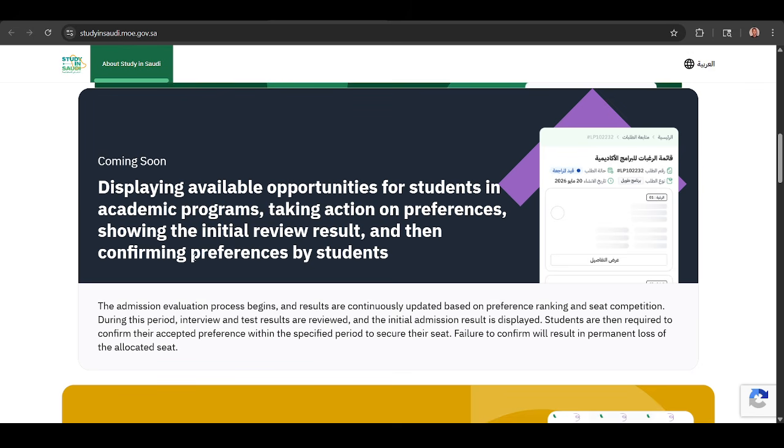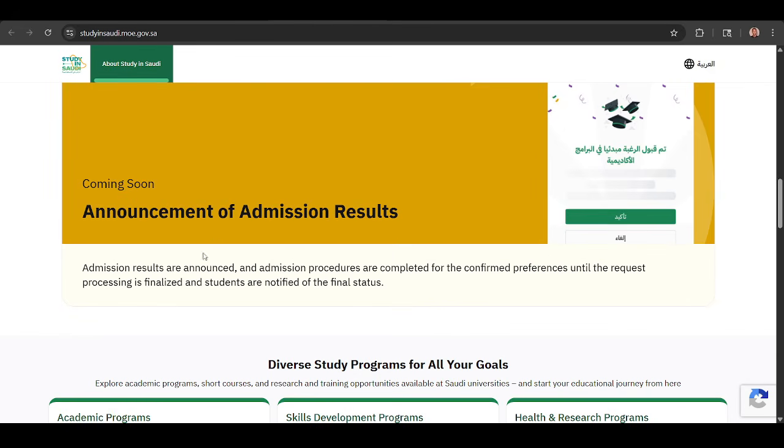Before that, displaying available options. Once the application is open, there will be a lot of programs. Some will be available while some will not be available, but will be available in some upcoming months. You are to locate which program you are interested in. After you see the program you are interested in, then you apply for it. After that, announcement of admission and results. Those who apply, qualify and get the acceptance will get the results through their email. Make sure you don't forget to enter and track your application in the portal. Maybe it's under process, maybe it's under review, maybe accepted, maybe rejected, God forbid. So you have to check your application and track it inside the website.